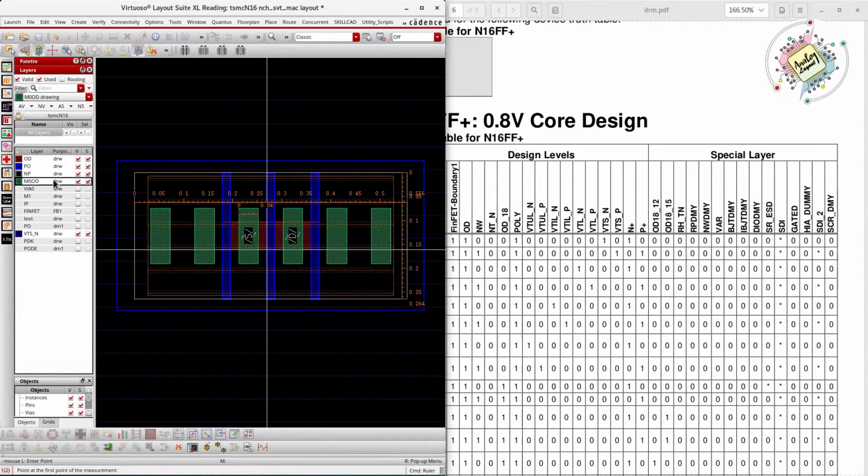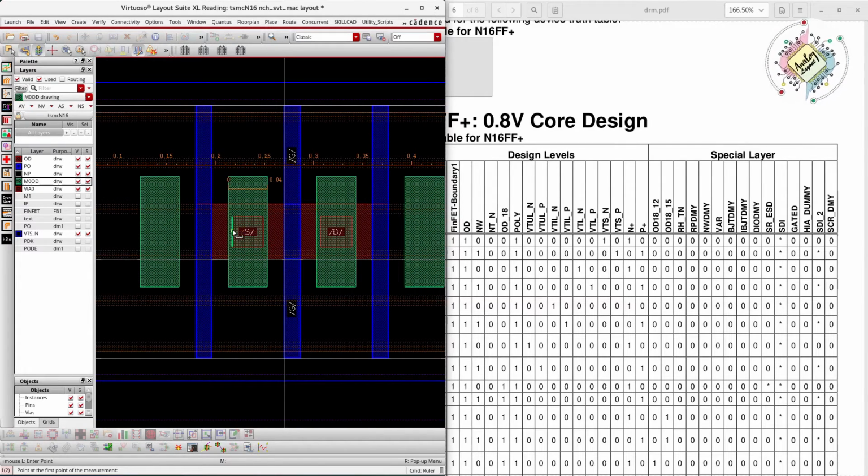After fabrication of this MO2 OD layer, we have a via. So these vias are fabricated. These are basic vias, which create the connectivity between OD and metal 1. Since our poly, we are not giving any connection to the poly, but from OD to M1 metal we need some vias. That's why these via 0 will be fabricated on top of this OD.